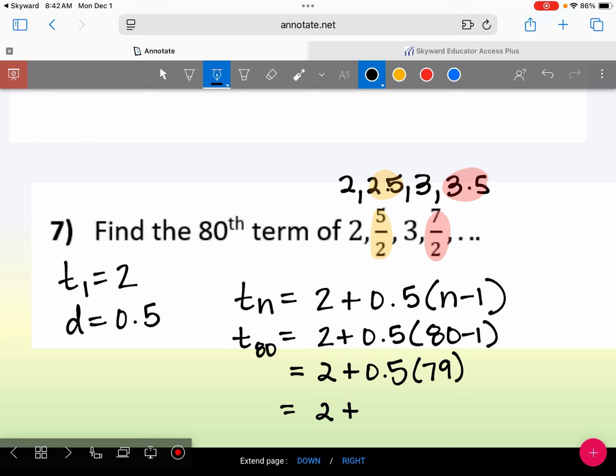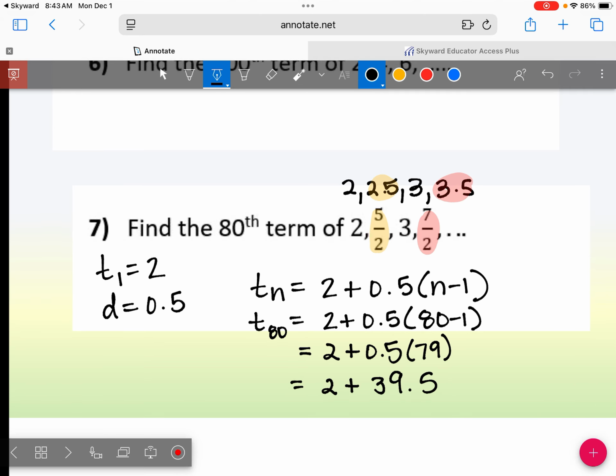And I got 41.5. Who got 41.5? Oops. I didn't even write what that would be. What's half of 79? Wait. 79 divided by 2. Yeah, 39.5. So let me fix this. Hold on. So that would be 39.5. So then that would be